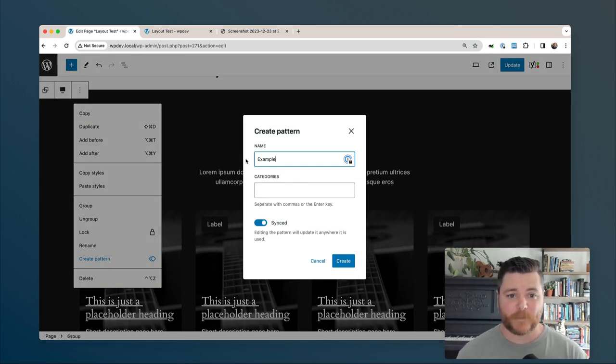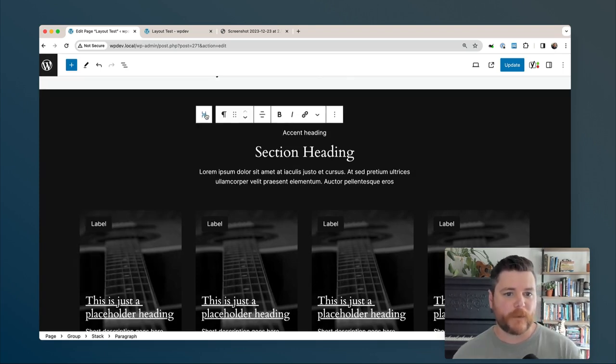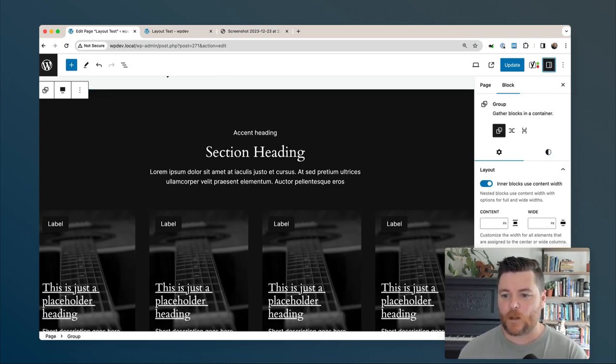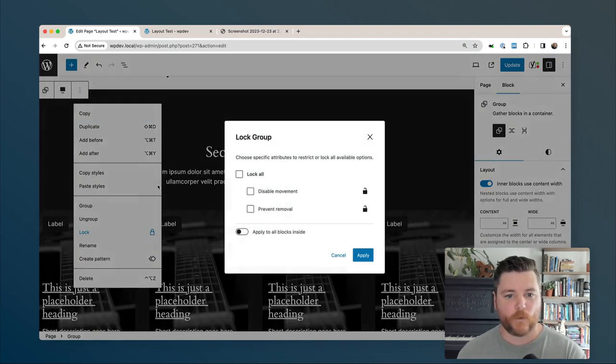Did I miss anything? Let me know. Was there any major gaps? Like I said, I think it's mostly just about understanding the workflow and understanding the way in which things are made for the block editor, and also knowing that at the end of the day, it's not a page builder. I don't think it's meant to replace page builders in the sense that it gives you a nice visual editing experience. And it's nice that you can hand this to a client and you can have a lot of this stuff all turned off and you can do things like locking the whole pattern